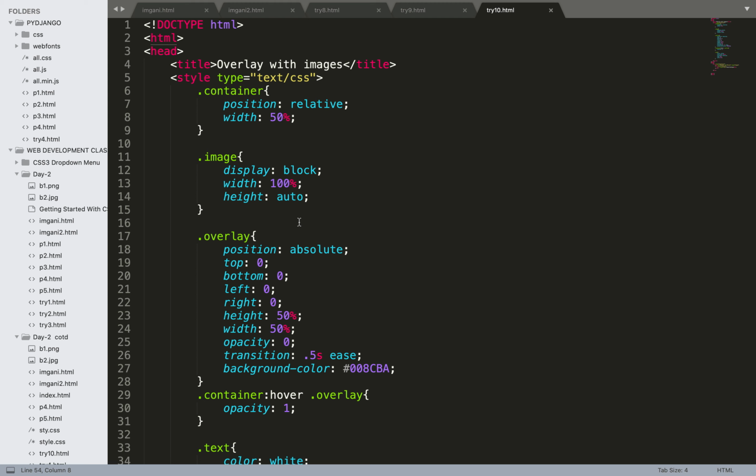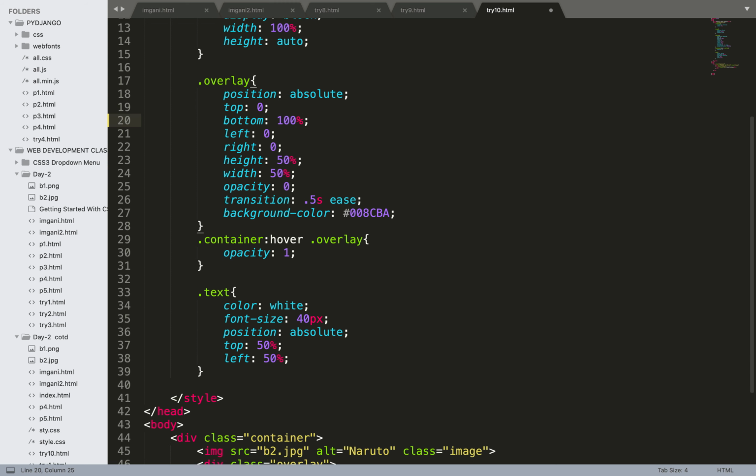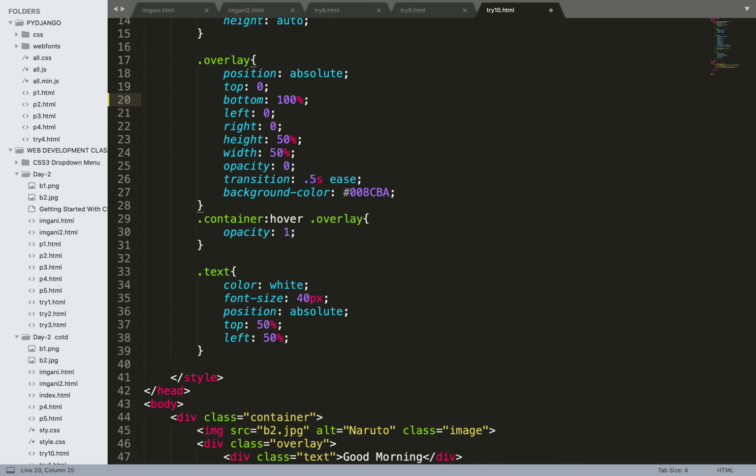Okay, first thing, image is right. Okay, now few things I would like to change over here. Like I would like the overlay to come from the top to the bottom. Fine. So I have mentioned the bottom as 100%, left, right, background color is set.